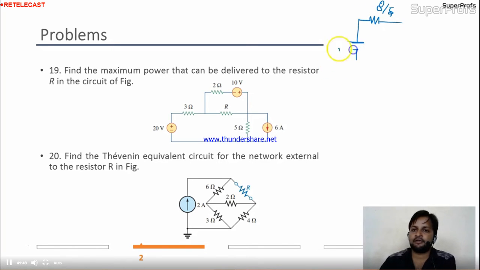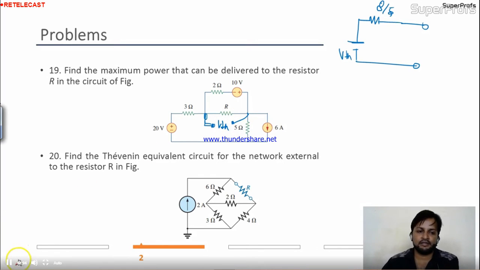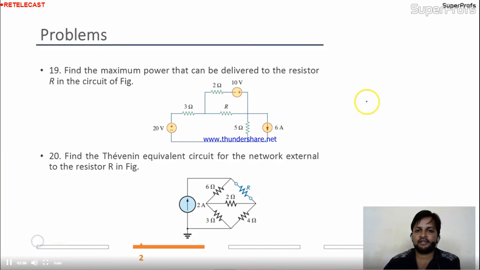Now you need to calculate the VTH also. What is the VTH procedure now? I have to open this and have to assume VTH over here. Now your circuit will become like, wait a minute,